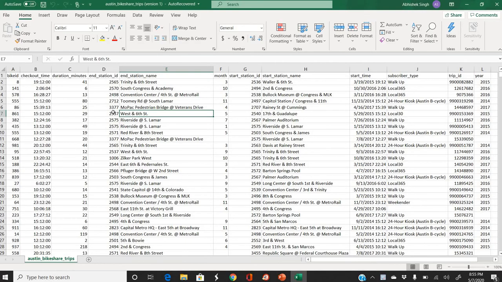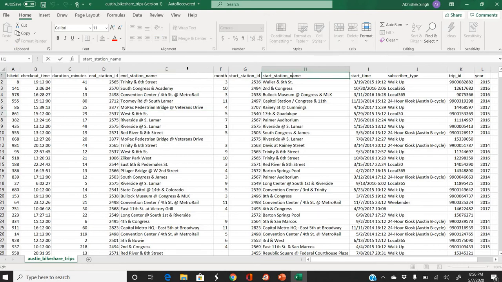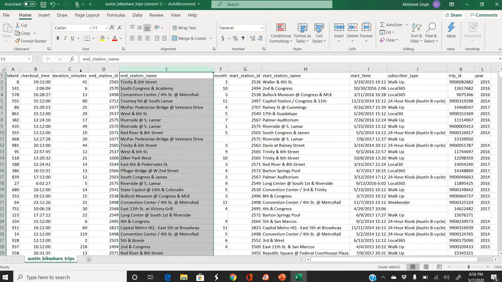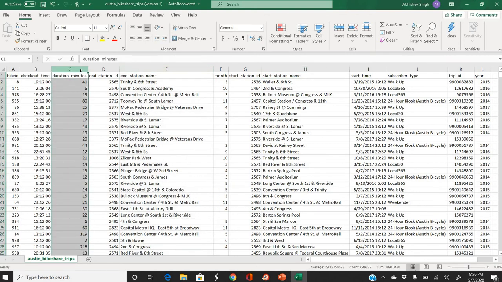So this is the data set that we took. This data set is all about the bike share trips from Austin. So it is all about sharing the bikes when we go somewhere. If we want to go with a bike, we can see the registered stations, and we can pick a bike from there. So that will be the start station, and we can go up to a station where we want to go. This will be the end station, and this is the duration minutes, which will tell the trip time of our trip.